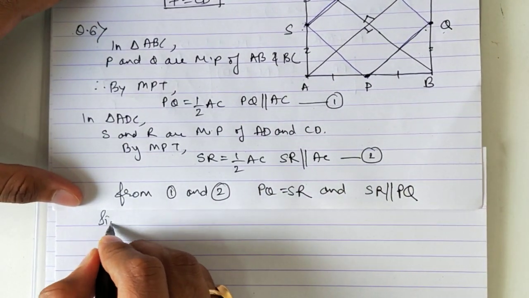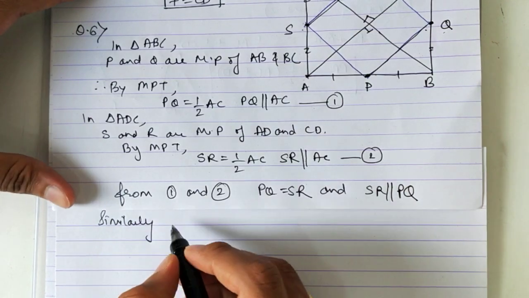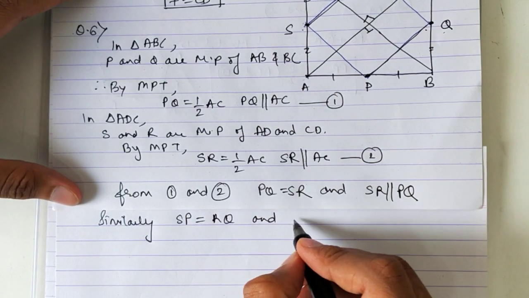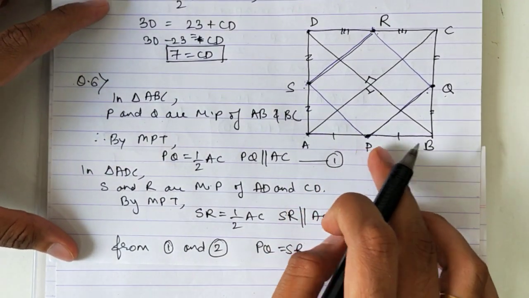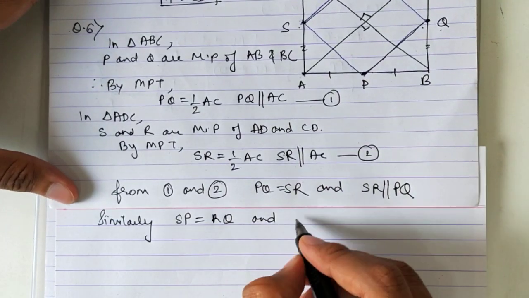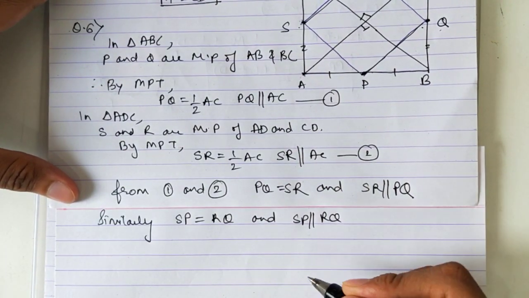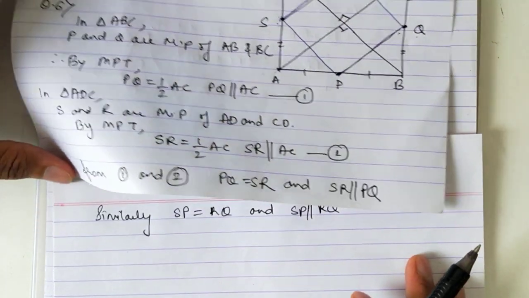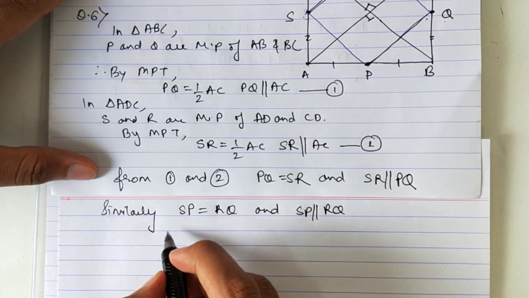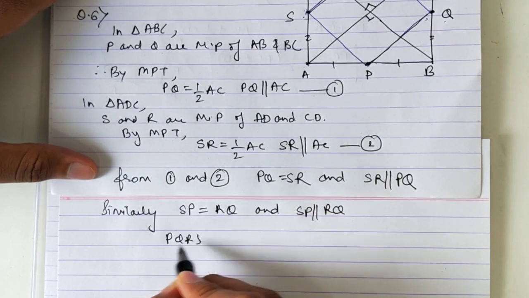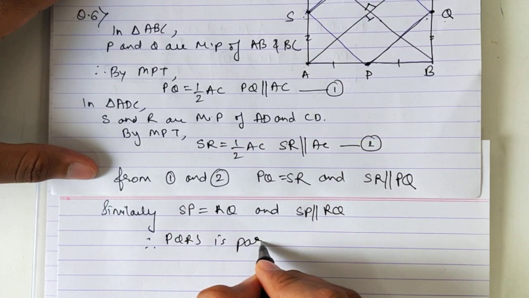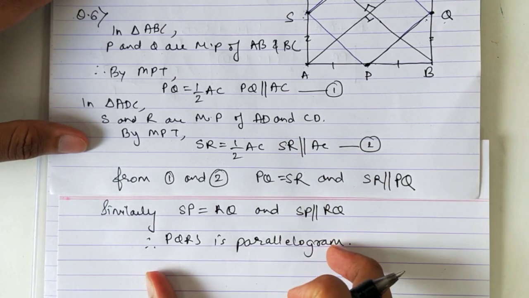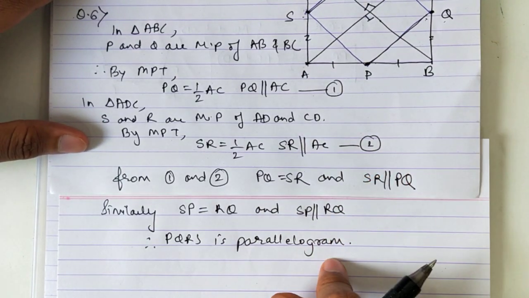So you just have to write similarly. SP is equal to RQ. Keep looking at the diagram. Draw it in your textbook or in your notebook, sorry, and keep looking at the diagram. SP is parallel to RQ. So if these both are parallel and equal, these both are parallel and equal, that means PQRS is a parallelogram. Okay, so we have proved that PQRS is a parallelogram, but what we have to prove ultimately is that